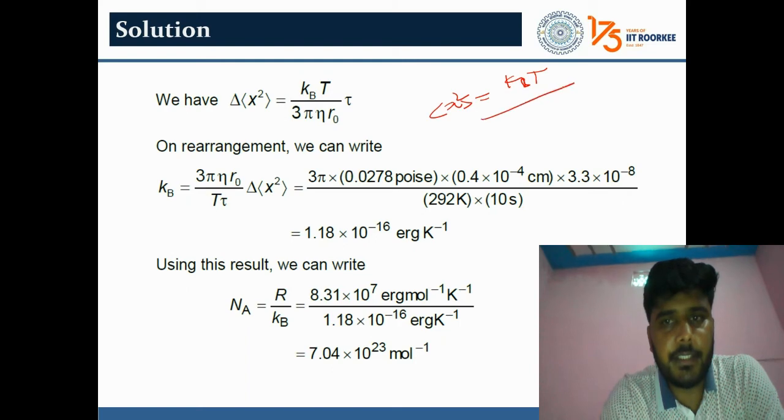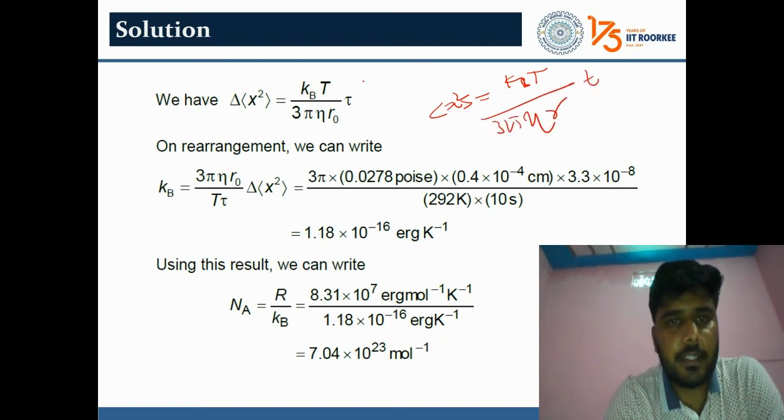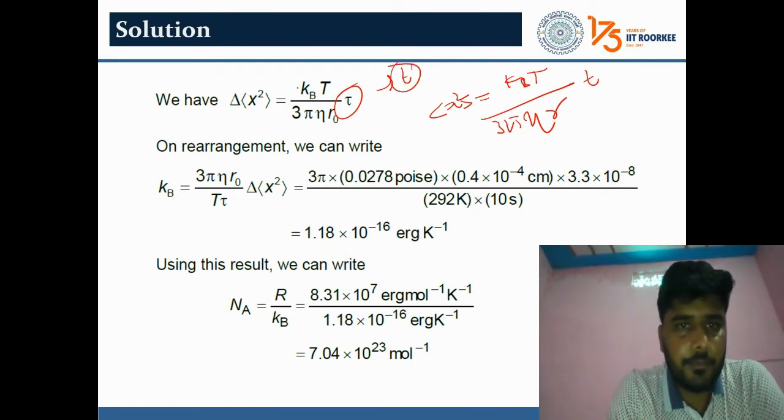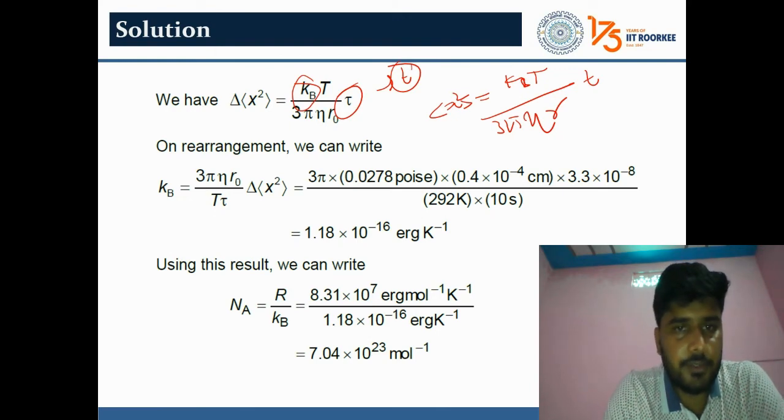kBT over 3 pi eta r. You can say this tau as t, total time. Okay, so from this formula you can rearrange. You will get kB equal to 3 pi eta r divided by temperature and the time and this. So you have all values given in the